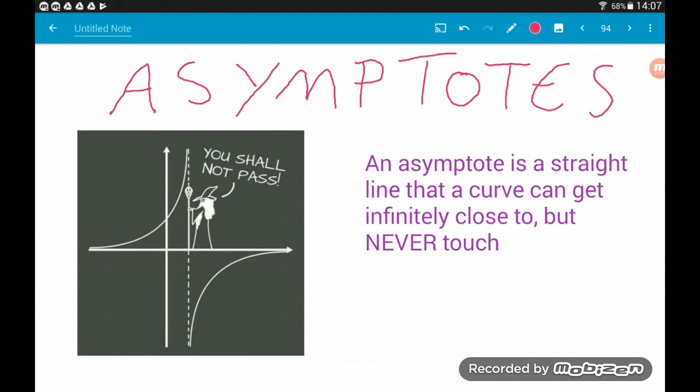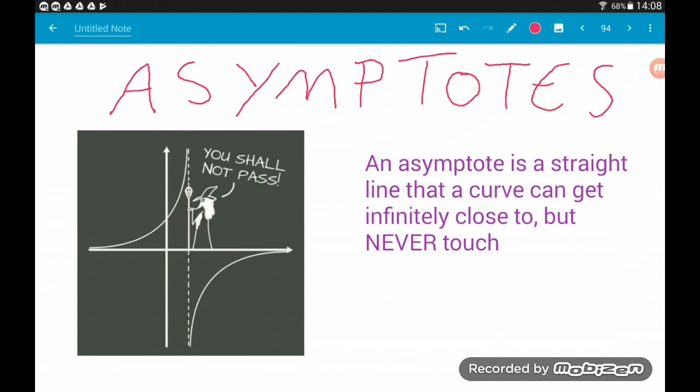So an asymptote is a straight line which is usually dashed, but for the whole of this video, our asymptotes are going to be our axes. It's a bit hard to dash the axes and still have them looking like the axes. So an asymptote is a straight line that a curve can get infinitely close to, but it will never ever